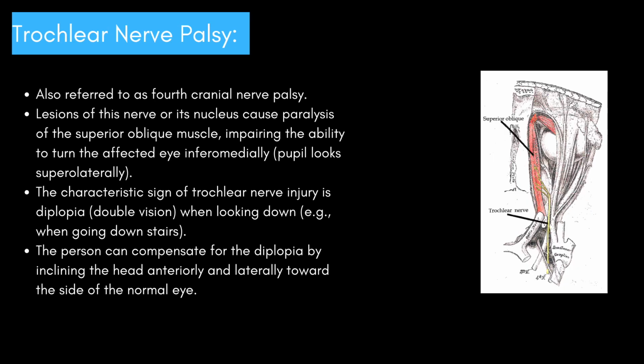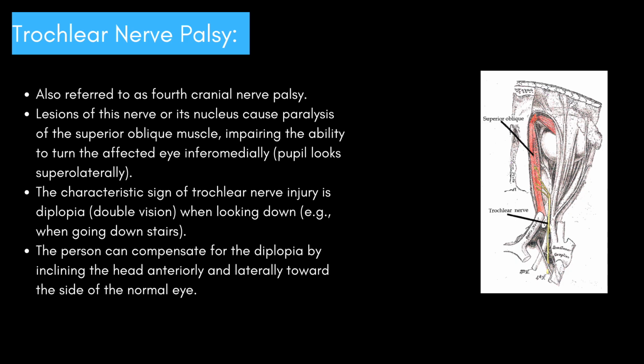muscles. Let's next take a look at trochlear nerve palsy, also referred to as fourth cranial nerve palsy. Lesions of this nerve or its nucleus cause paralysis of the superior oblique muscle, impairing the ability to turn the affected eye inferomedially. Pupil looks superolaterally. The characteristic sign of trochlear nerve injury is diplopia, double vision, when looking down, for example, when going downstairs. The person can compensate for the diplopia by inclining the head anteriorly and laterally toward the side of the normal